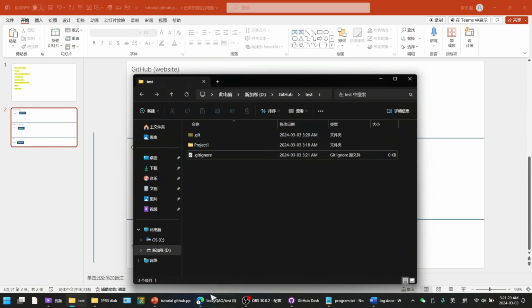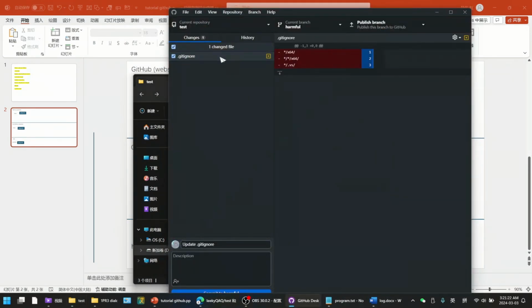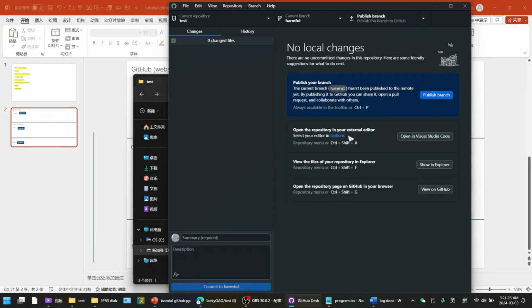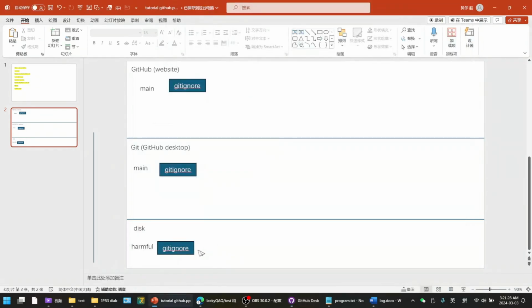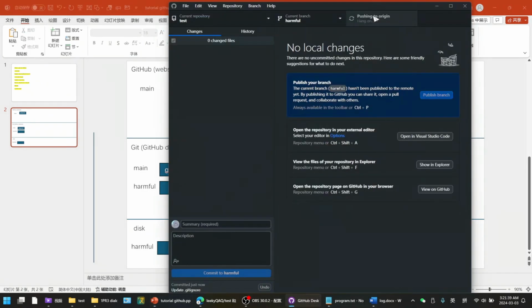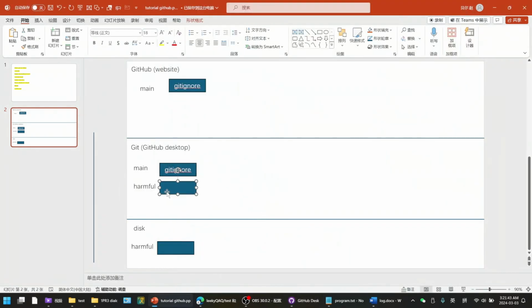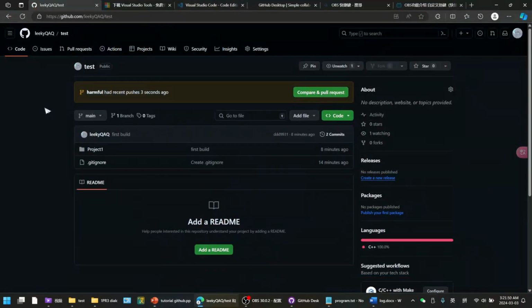Save it, and you see the local Git will allow everything, and he commits this to local Git, and he deleted everything in gitignore, and now he could successfully publish it to GitHub. He could successfully upload this to GitHub, and you could see